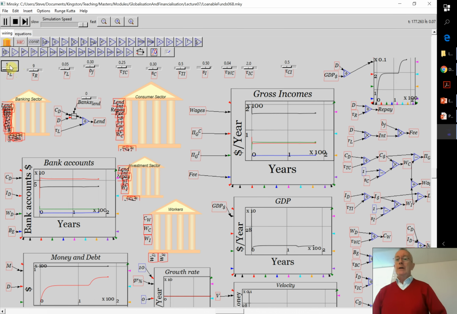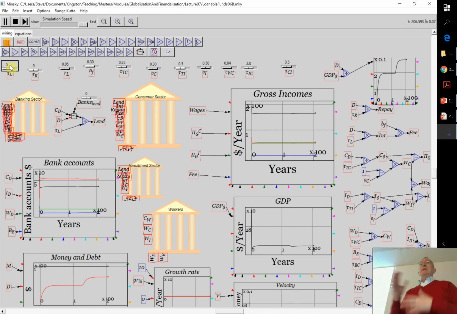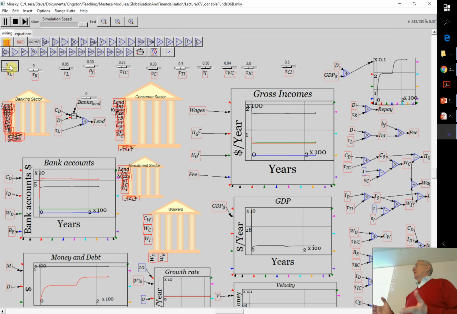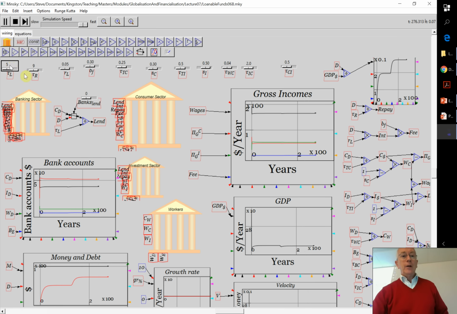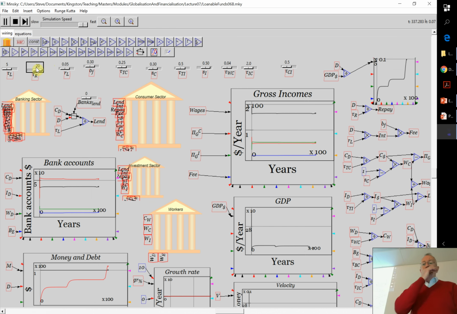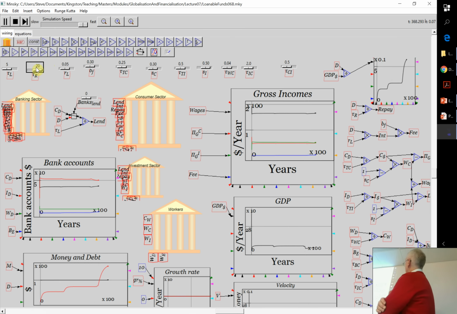Up to 160, 170 years right now. So sometimes changing a definition in the middle of it slows the program down. If that happens, go back and reload it. All sorts of bugs we need to fix up. Now I'm going to have repayment being really slow. And notice debt to GDP ratio is going through the roof.